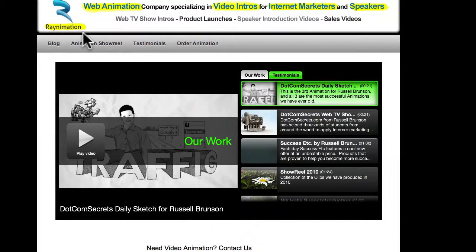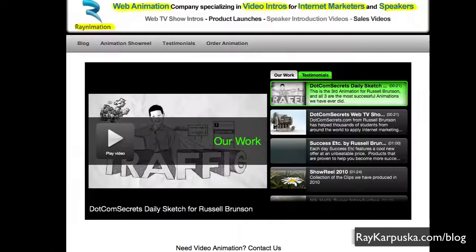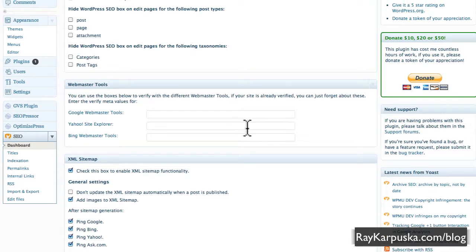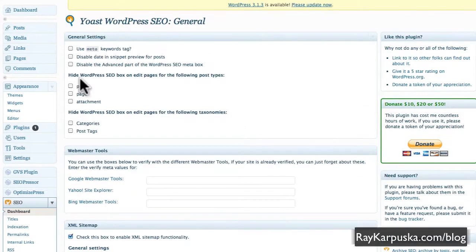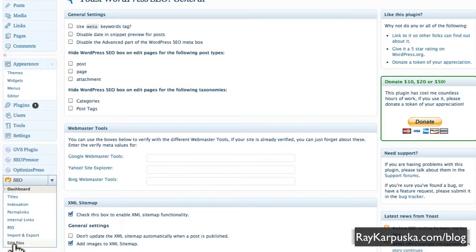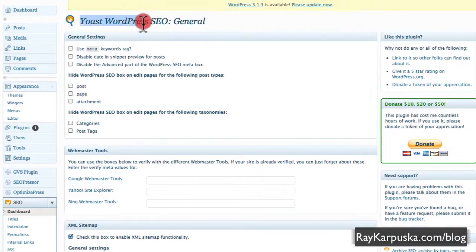Okay, so I'll show you. Here's my blog. I'm just working on rainimation.com. I have a web animation company specializing in video intros for internet marketers and speakers. All right, so I'm just putting in an SEO plugin which I really love. It's SEO by Yoast. Here is the plugin already installed, and here are all the features. So basically it's the settings. In the Yoast WordPress SEO General, by the way, it's a free